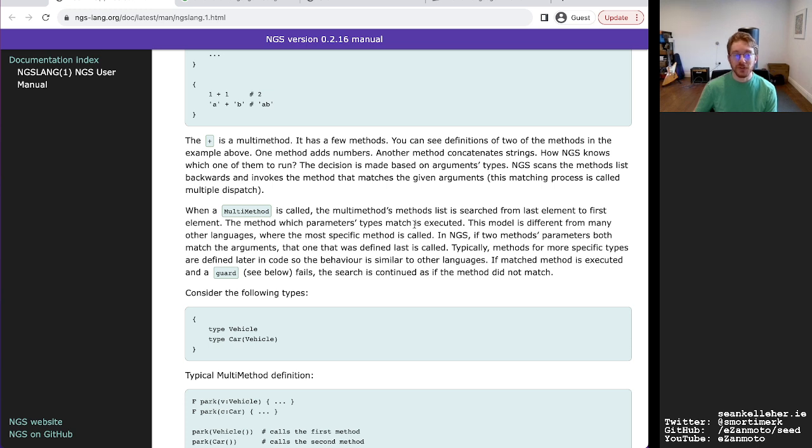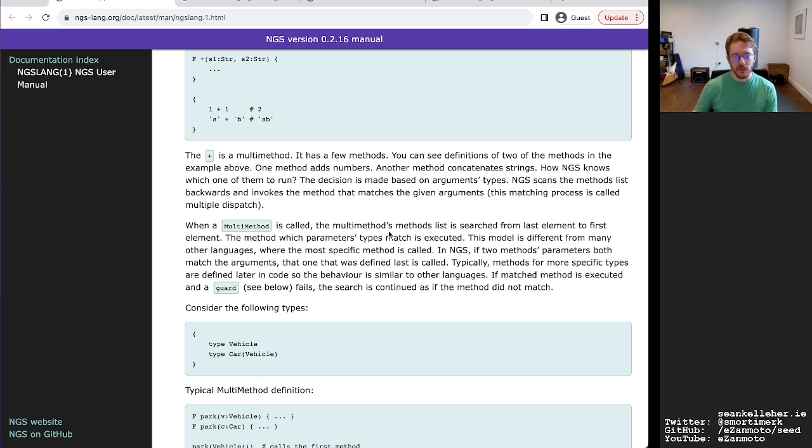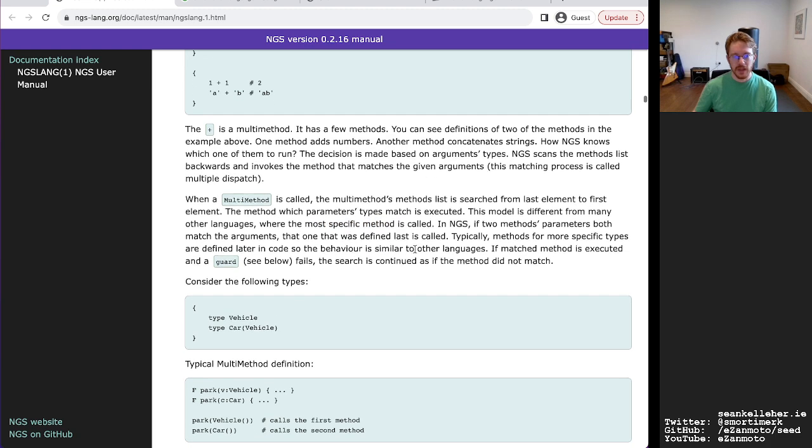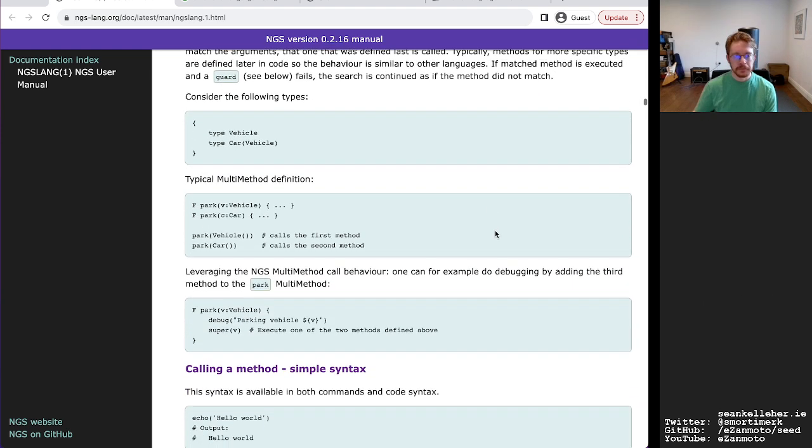So it's the first one to dispatch. You could actually shadow an earlier one with this method, rather than the most specific method being called. And it just checks, do the types match up?